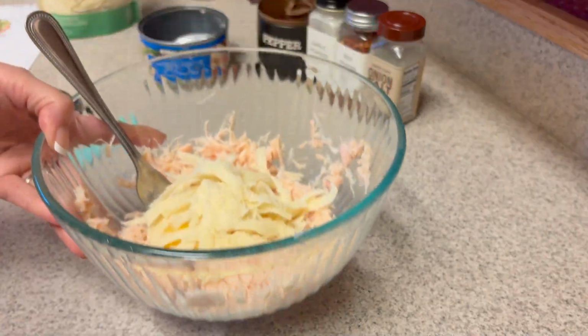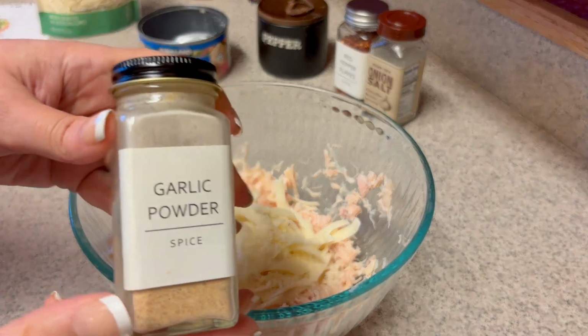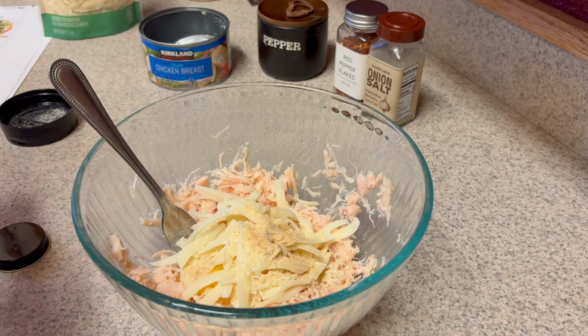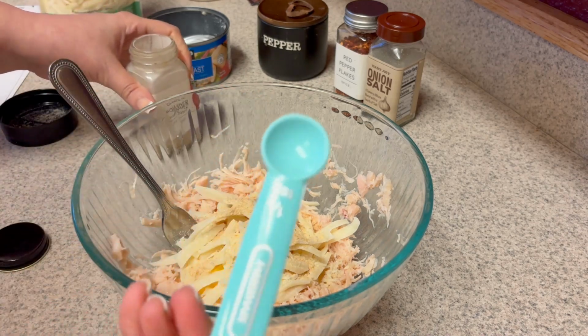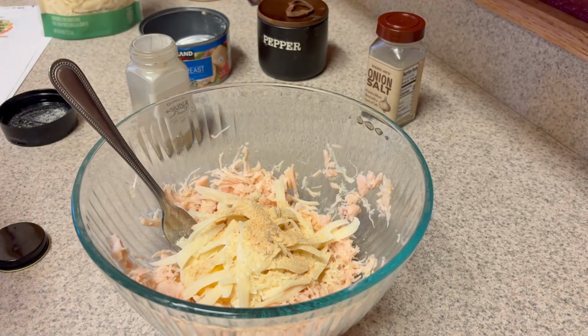Now, the original recipe did not call for onion salt, but I wanted to add in just a little bit more of an onion flavor. But we need a teaspoon of garlic powder. And I'm using a ½ teaspoon thing here. Now, the original recipe called for a teaspoon of red pepper flakes. I only did a ½ teaspoon because I know how